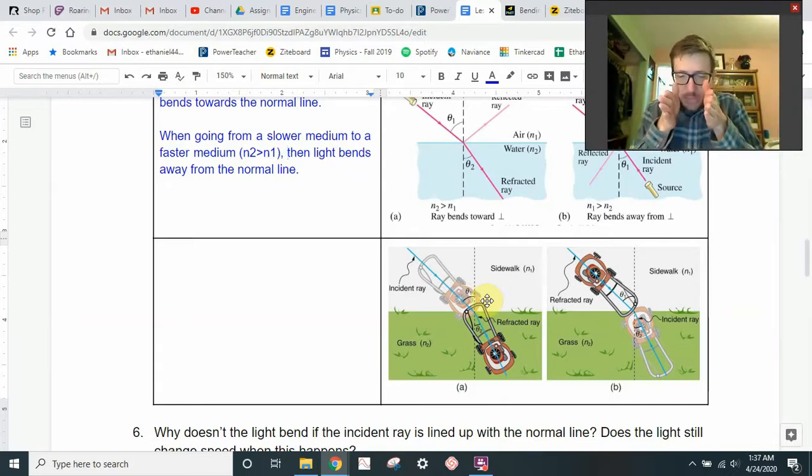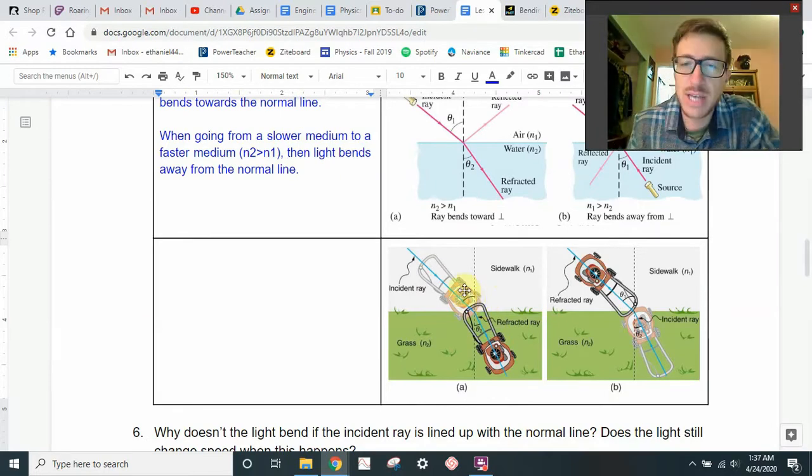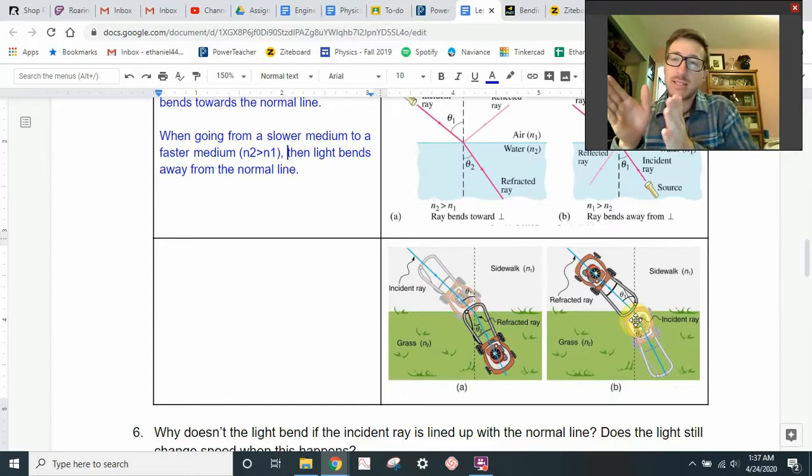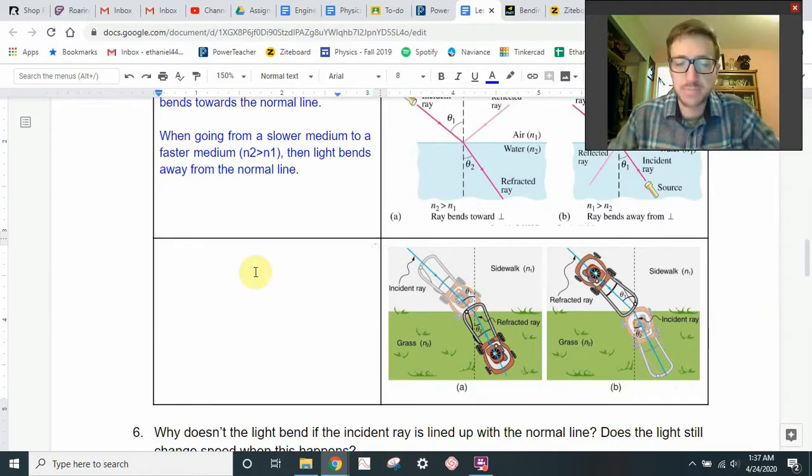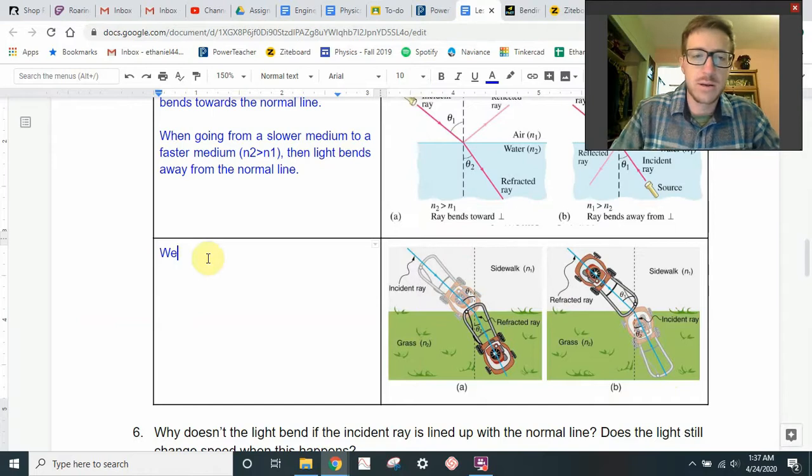When you have something that's moving along and one side moves slower than the other, that causes the entire thing to turn, to shift. Okay, so that's what's happening here. So if we're going from faster to slower, we turn towards the normal line, right? And if we're going from slower to faster, all of a sudden now the right side is able to speed up sooner, right? So the right side speeds up sooner than the left side, and so it turns away from that normal line, right? So we can visualize this